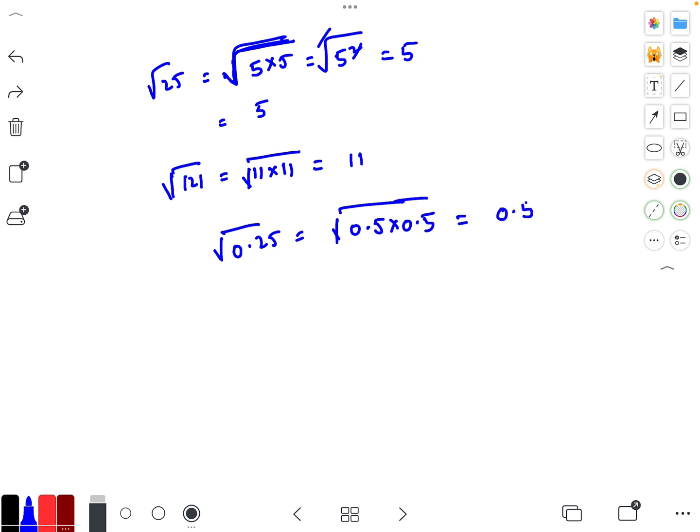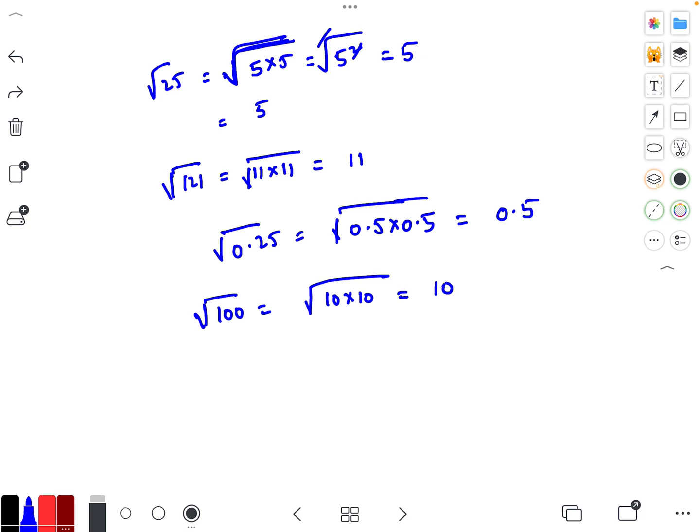That gives you 0.5. Okay, similarly, square root of 100. Square root of 10 into 10. This will give you 10. Okay, we will solve some more